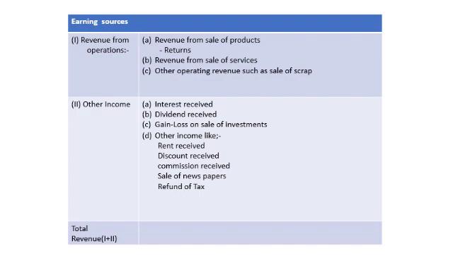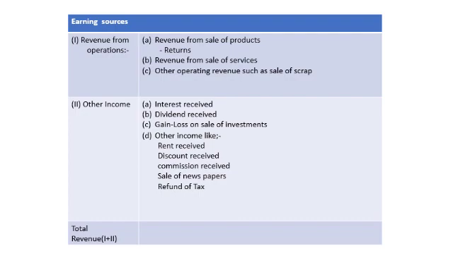And the other operating revenues from the sale of any kind of scrap, which should be related to the operating nature. And the other income, interest received, commission received, if it is a non-financing company. Or if it is financing, then both items will go to the revenue from operations. And the loss will be deducted, if any, on sale of investment out of the gain, and the total item will be considered here. If the loss is more, then it will go to the expenses side.